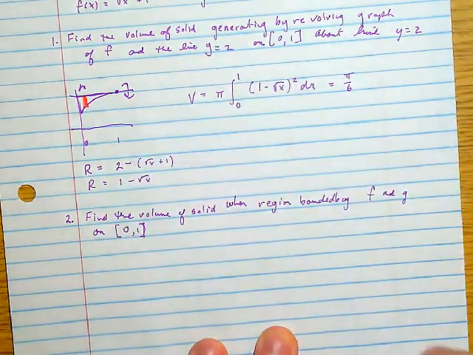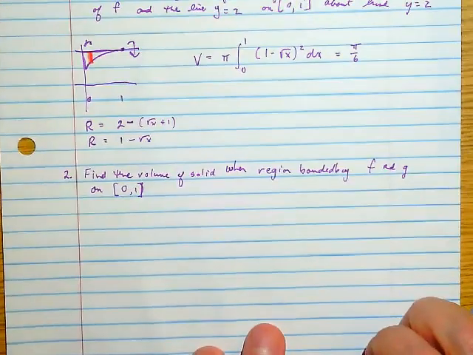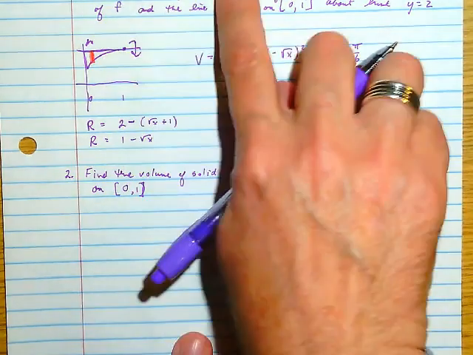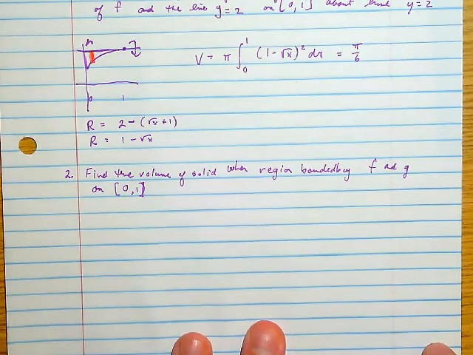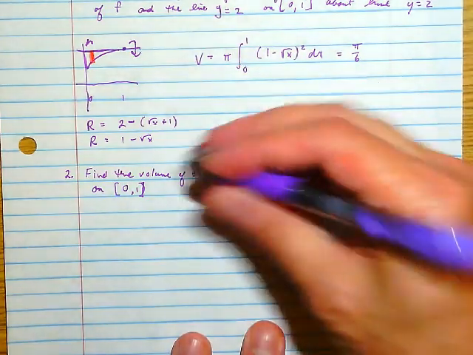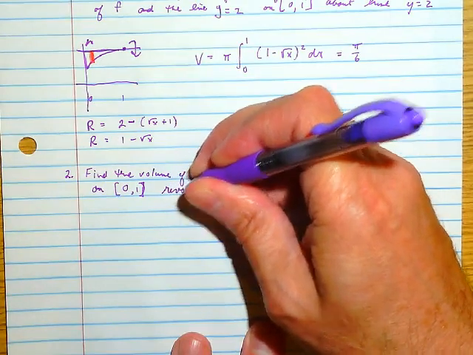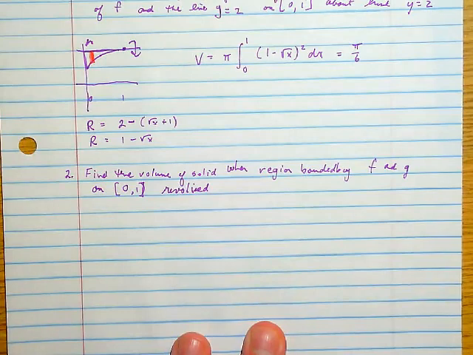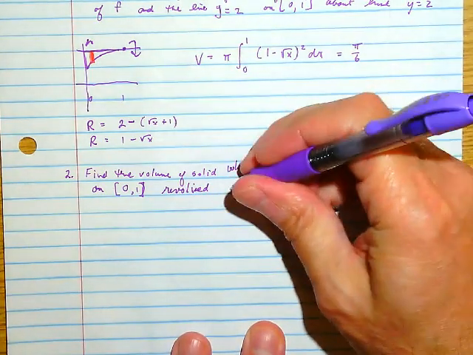Whoops, that's a closed interval, sorry. Find the volume of the solid when the region bounded by f and g, so f and g, they're at the top of your notes there, is revolved. So there's our key word there. We've got a disk or a washer kind of problem, revolved about the line